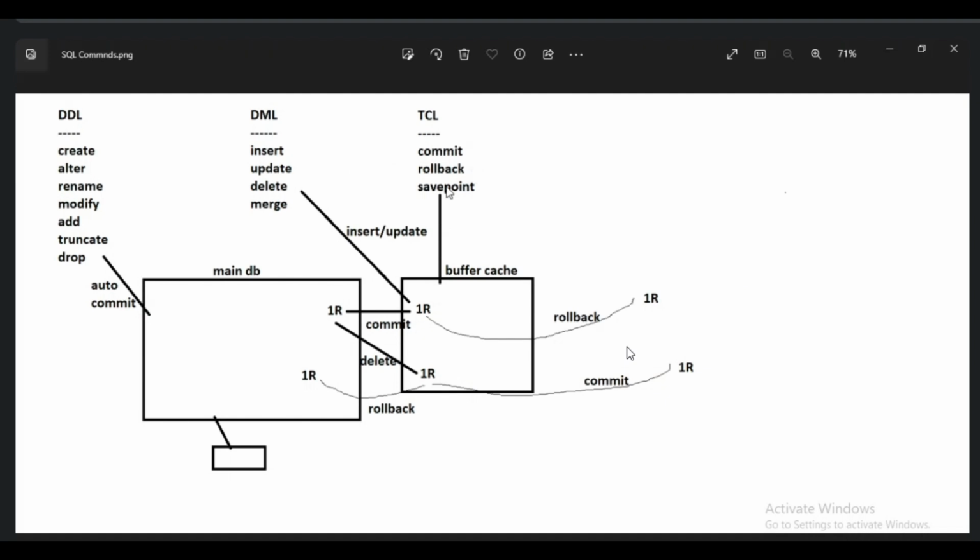Next class I will explain the savepoint. Savepoint means we can roll back specific transactions. If I am removing 100 records and out of them we have to roll back some 50 records, with the help of savepoint we can do it. So next class I will explain. I will explain the merge concept with joins. Joins is one of the concepts. After joins I will explain merge. It is similar to joins. If you know joins, you can understand it easily. Next class I will explain savepoint. So today you can practice all the DDL, DML and TCL commands. Okay.